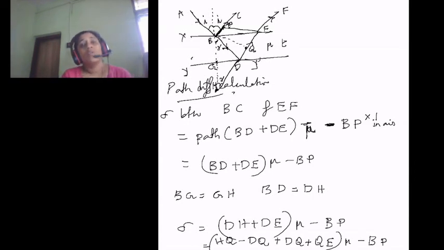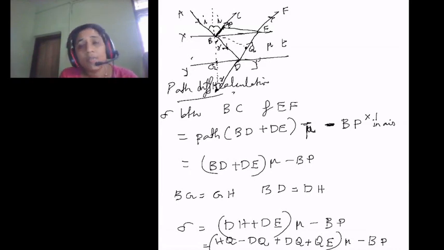Thus the two beams BC and EF, where EF has traveled a greater distance than BC. So we have to calculate the extra distance traversed by the path EF. These two rays, BC and EF, are participating in the interference, or undergoing interference, so that we get an interference pattern.